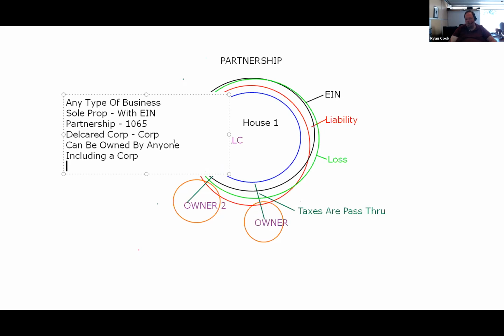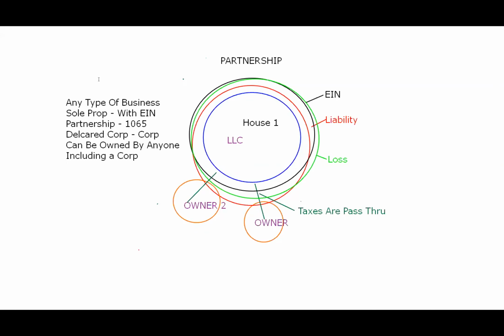So in other words, a corporation can own an LLC, just like we were doing. My corporation owns this house to protect the corporation from the liability of that house. Okay? Those are some of the main parts of an LLC, and that's why an LLC is so cool. It passes right through. It's an S corp that I just created and made my asset protected from me. I don't have to worry about it.